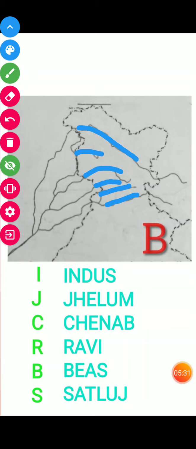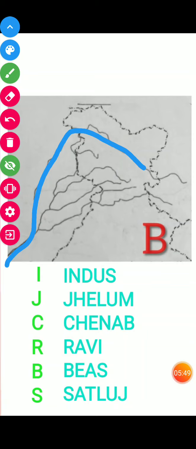The main river is Indus and 5 tributaries, which altogether we call Punjab, the name the Punjab state is derived from. These rivers originate from Himalaya, go towards Pakistan, then end into the Arabian Sea. But try to shade these rivers in the Indian part only.